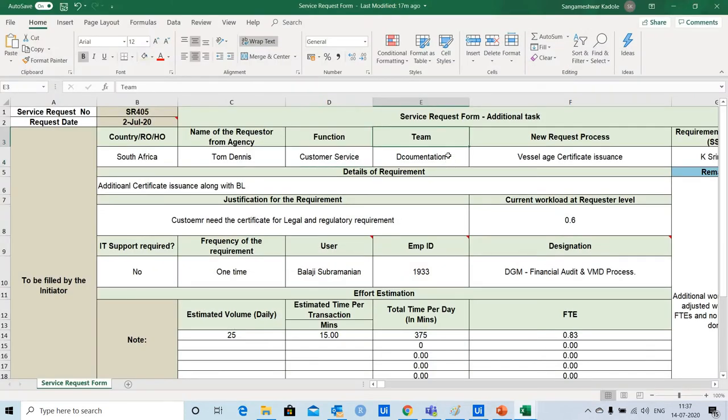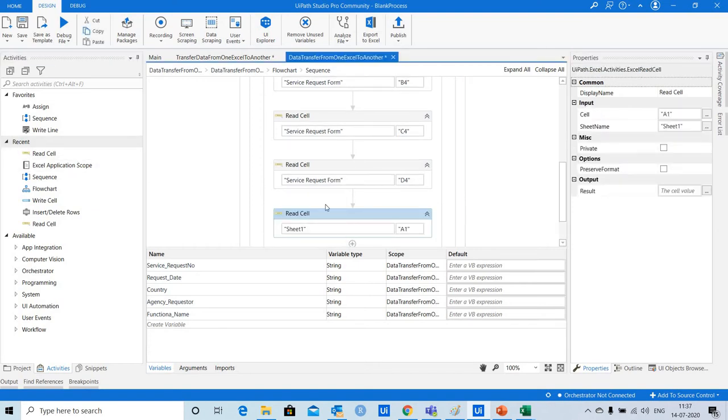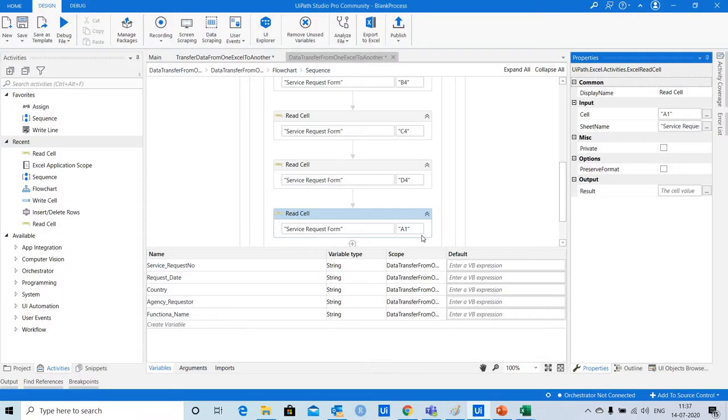I need to capture the team for which this additional task has been requested. So let me use read cell again. The sheet name is same. So I am going to copy that and the team data is available in the cell E4.